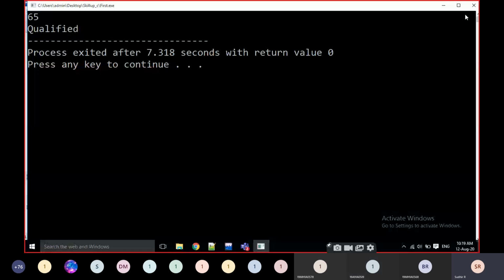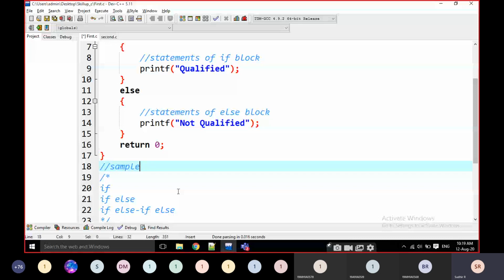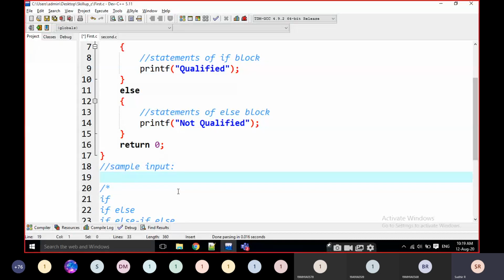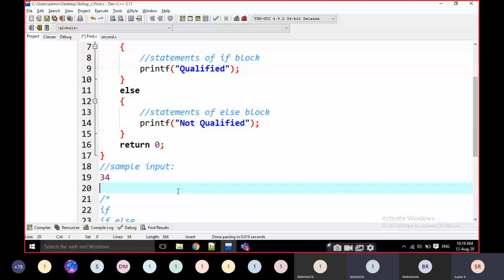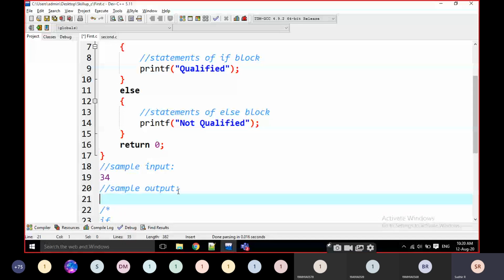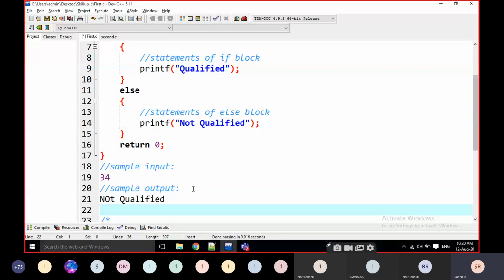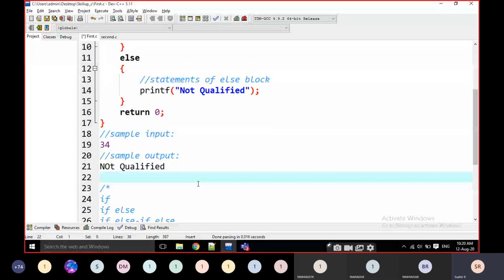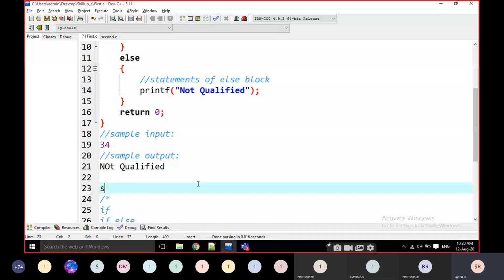Just write some sample input and sample output here. Sample input, for example, 34. 34 is the input. What is the sample output? Sample output is not qualified. Write down everyone. And sample input 2 also: 75, and sample output is qualified.